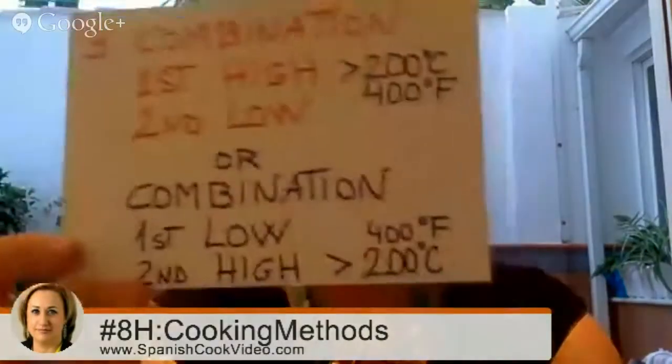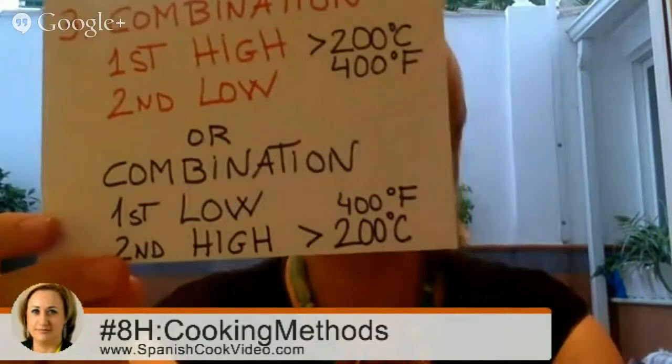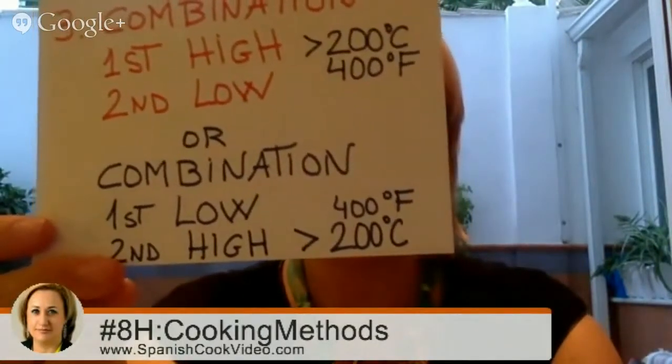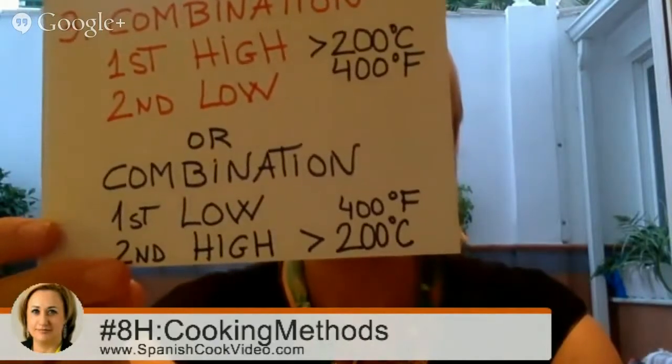Well, the third is a combination of both temperatures. It uses high heat just at either the beginning or the end of the cooking process, with most of the cooking at the low temperature. What do I mean? Sometimes it's better to, for example, put an item on a pan and close it, and after that cook at a low temperature, or you can do a low temperature first, and at the end, for a short period, a fast